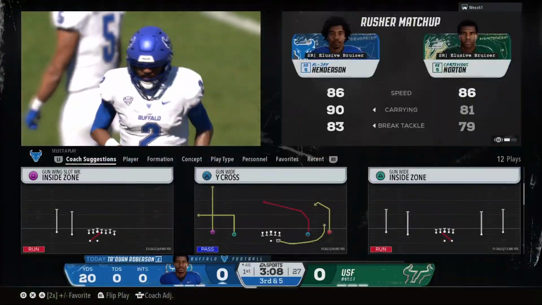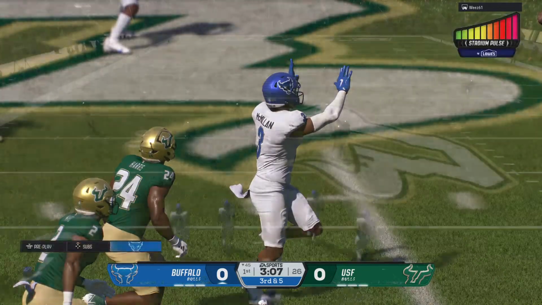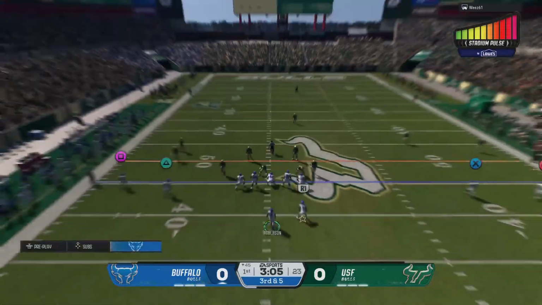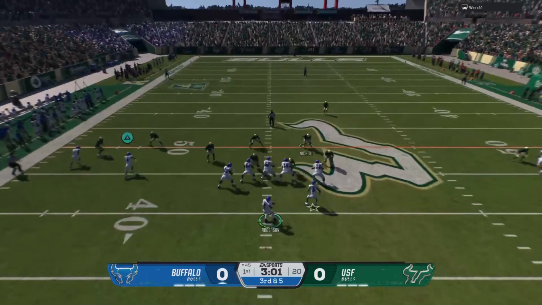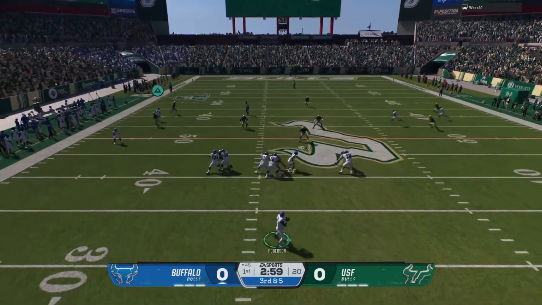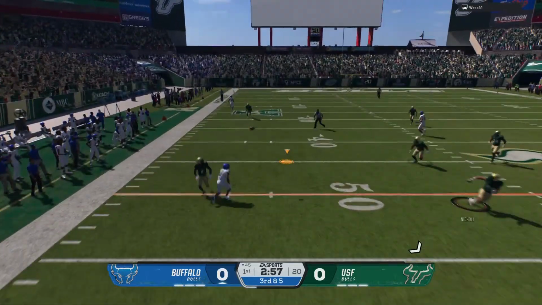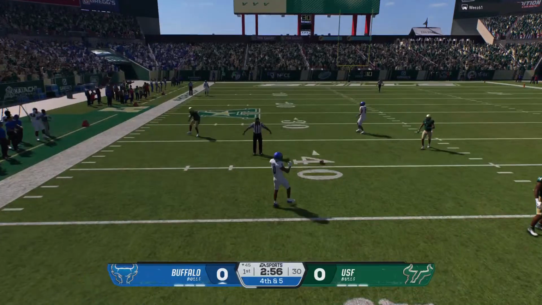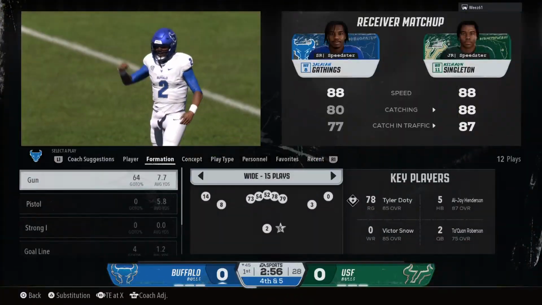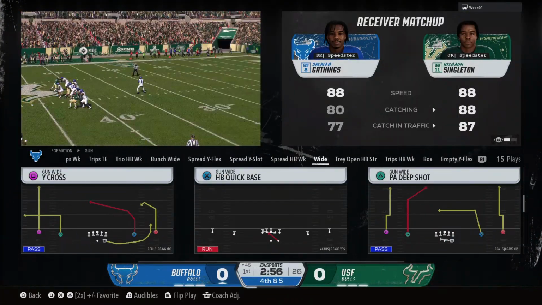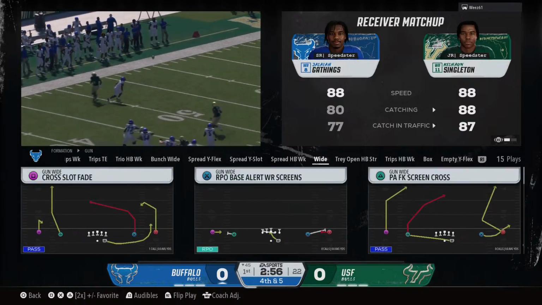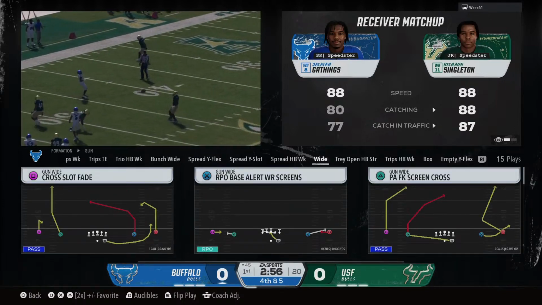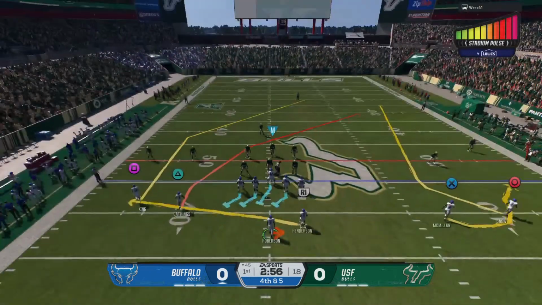With the catch, it's McMillan. He's brought down quickly. Minimal gain there, still a bit short of the first down. This defense will try to force a fourth down on third and short from the 45. Just too much mustard on that one. Can't miss the target that badly. Yeah, and third and short, it's a great place to be for an offense. You got the whole playbook available, and they choose to pass. And the defense did a really good job playing the pass.